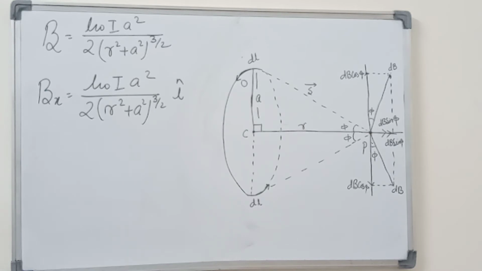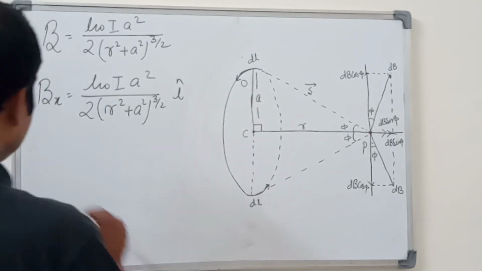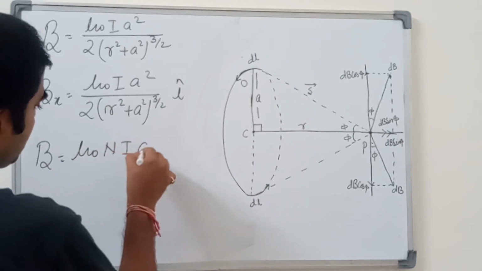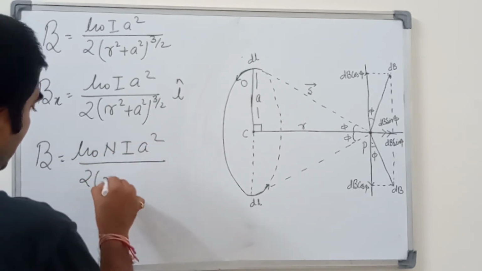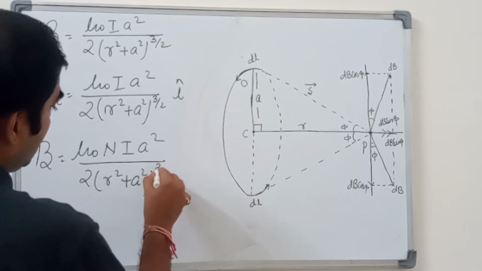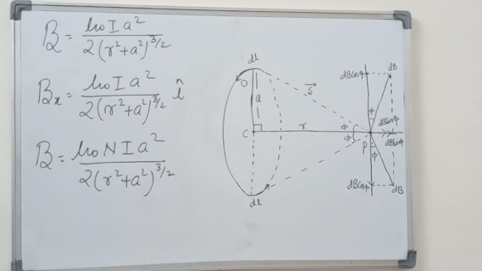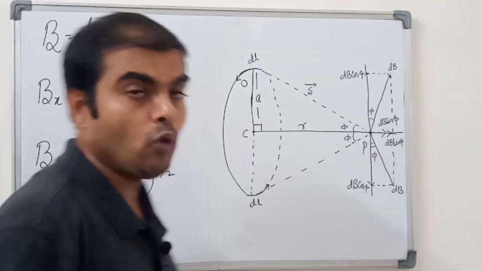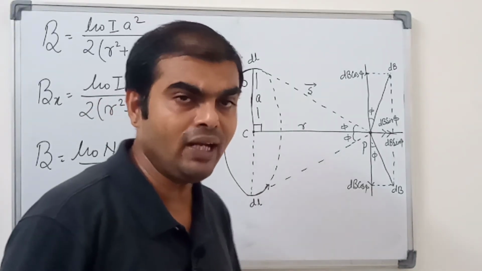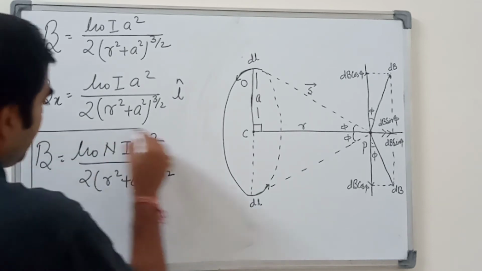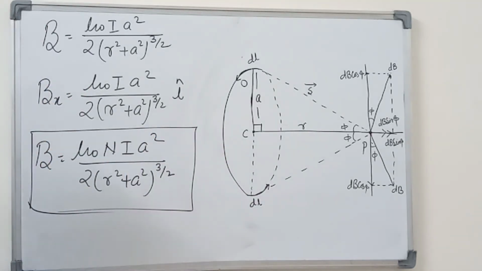Okay. Now for a number of turns coil, B is equal to mu 0 n I a square upon 2 (r square plus a square) to the power 3 by 2. Okay. And next is the magnetic moment, the dipole moment, which again creates the magnetic moment. Magnetic moment के केस में इसको और फाइंड आउट करेंगे, तो वो नेक्स्ट वीडियो में हम देखेंगे. ये आप इसको राइट डाउन कर लीजिए,